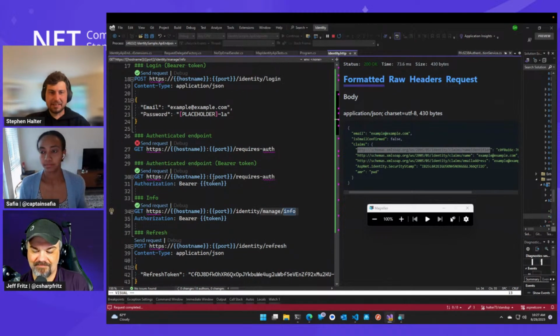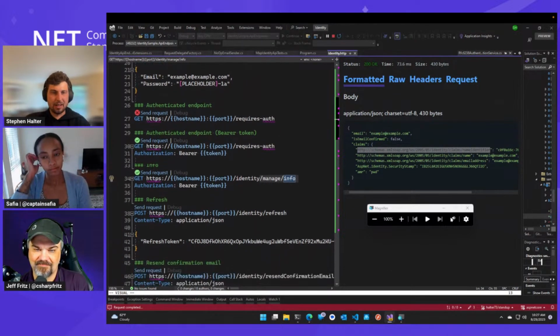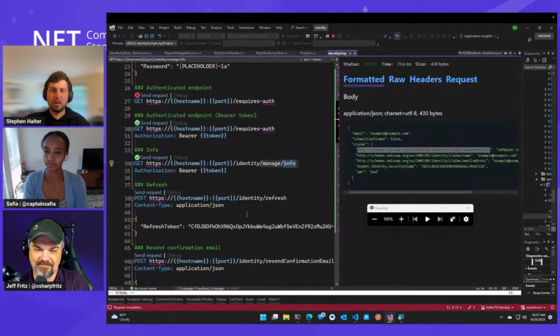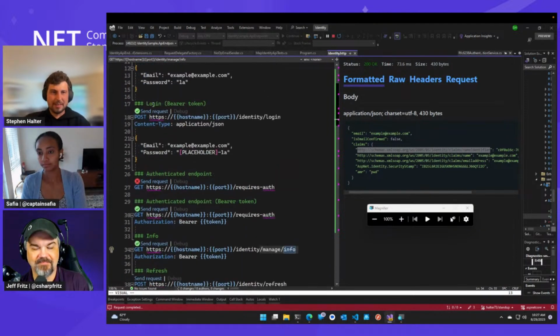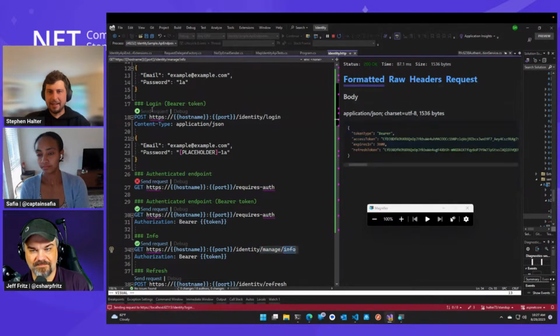And then you can, for example, confirm email. But let's also discuss refresh. We're not going to wait an hour for our access token to expire, but you'll notice that when we did sign in, we got a refresh token, and you're allowed to use it early.